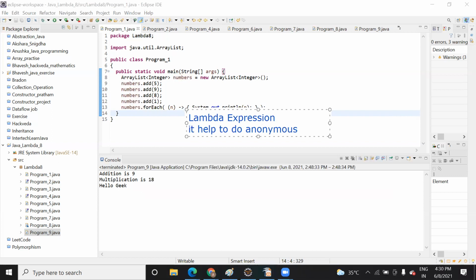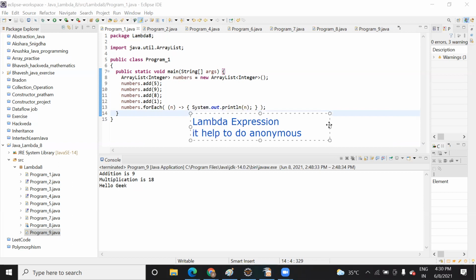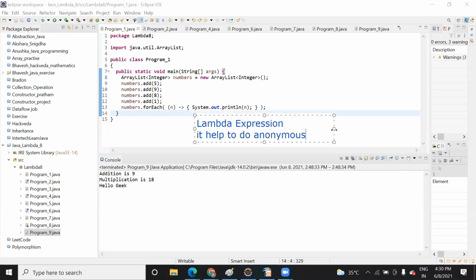Anonymous in the sense that it reduces your task, meaning you don't need to give a specific name to the function or the operation that you are currently doing. They will perform two or more tasks, or combine two or more syntax, and with that you can achieve your task. Now here, if you want to print it, you need to write a for loop and then print it. But here you can see they are creating the n variable anonymously, which is not related to anything here. Have you declared any n here? No, right? So anonymous means that.